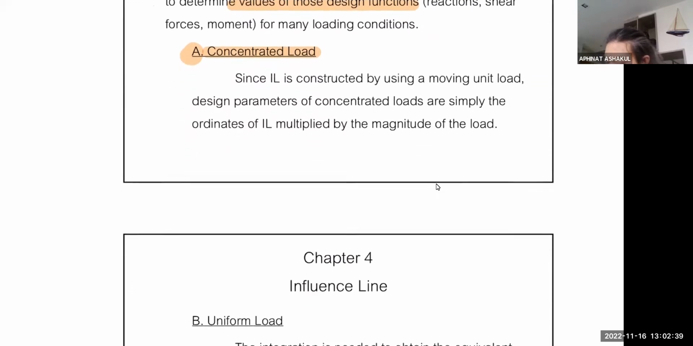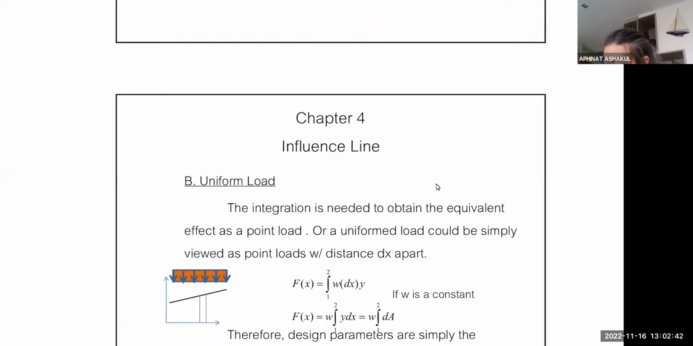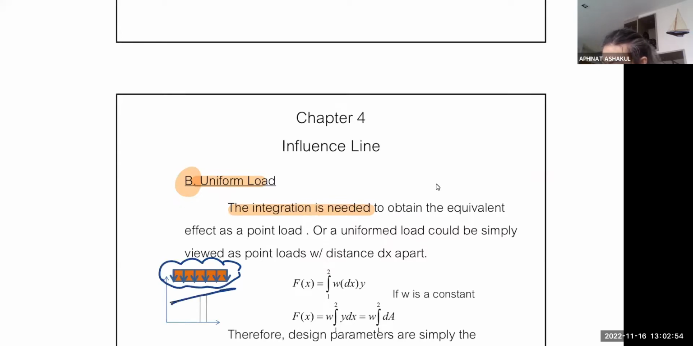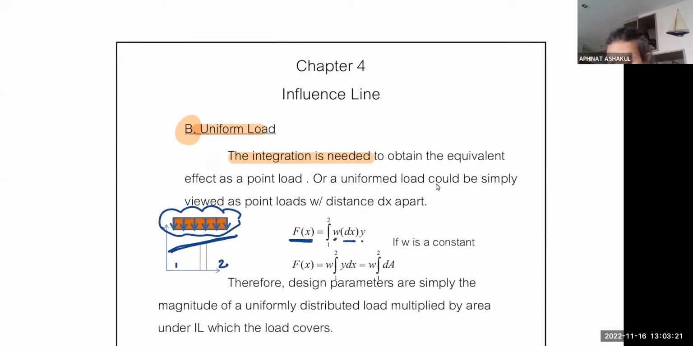Now, let's say if it is a uniform load, then the integration is needed because you see the uniform load is now applied on the influence line that may not be a constant. So we need to integrate to obtain the entire force. So let's say this uniform load is acting from point 1 to point 2. In order to obtain the design function, you now have to multiply the magnitude of the uniform load with dx and with the height y and perform the integral. So when you perform the integral of y dx,